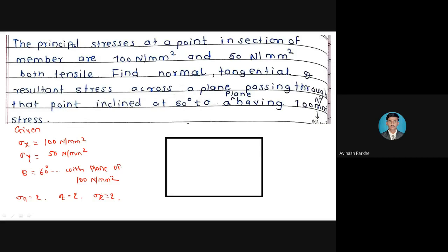By using sigma x and sigma y, we can easily say that this is the biaxial condition. So 100 Newton per mm square as sigma x, similarly at the right side 100 Newton per mm square. Then in the vertical direction, sigma y, 50 Newton per mm square, and at the bottom side 50 Newton per mm square. I will draw the inclined plane here. This is your sigma n, this is your sigma t, and in between there is sigma r.